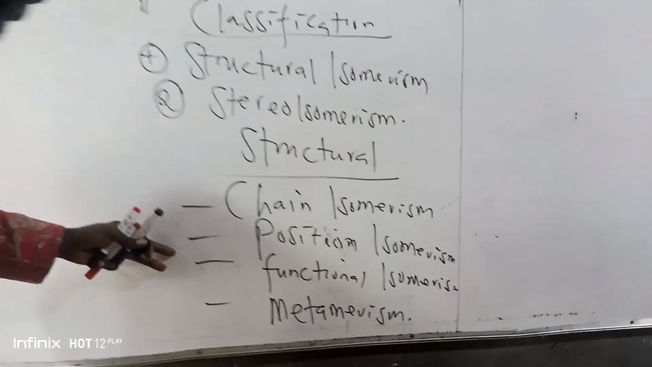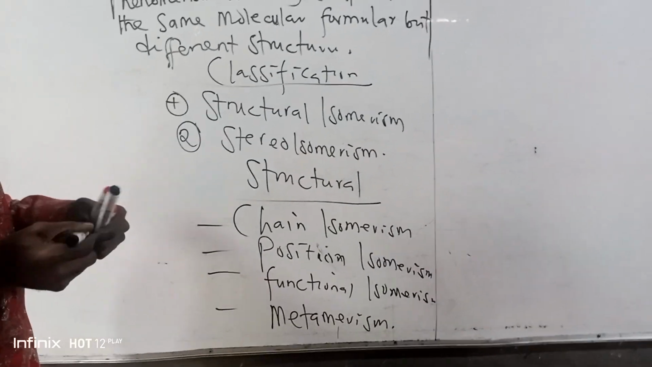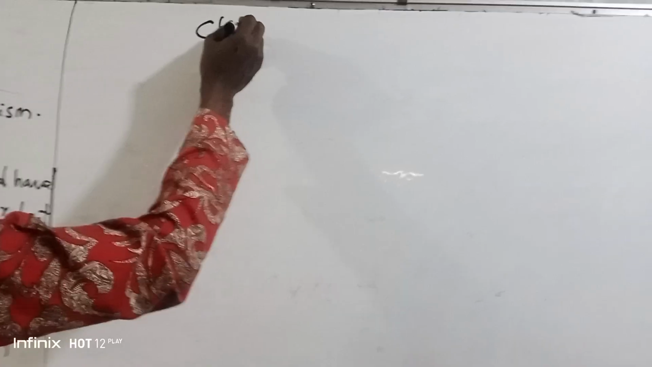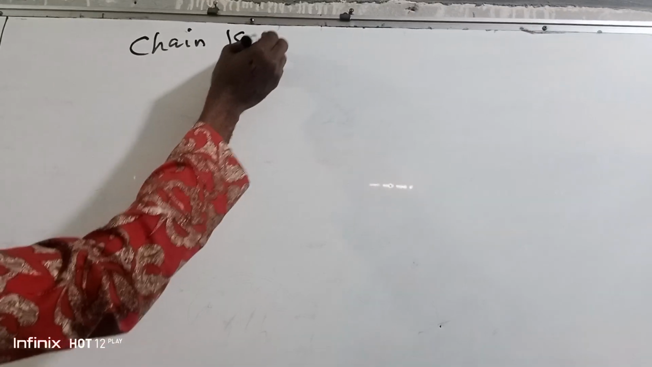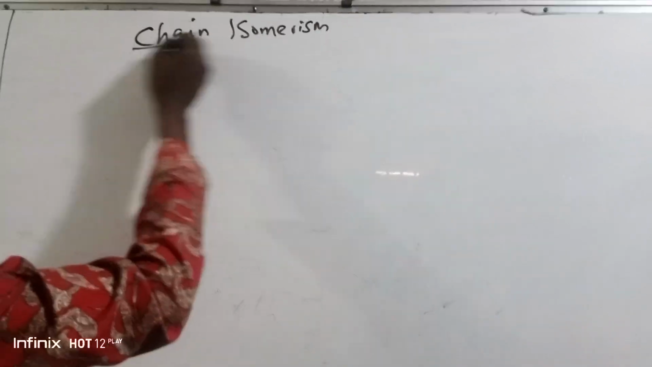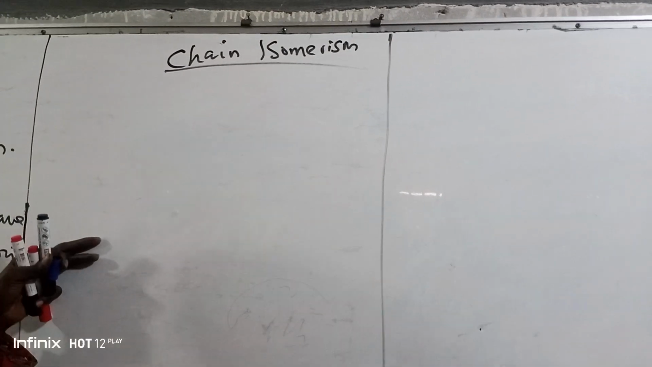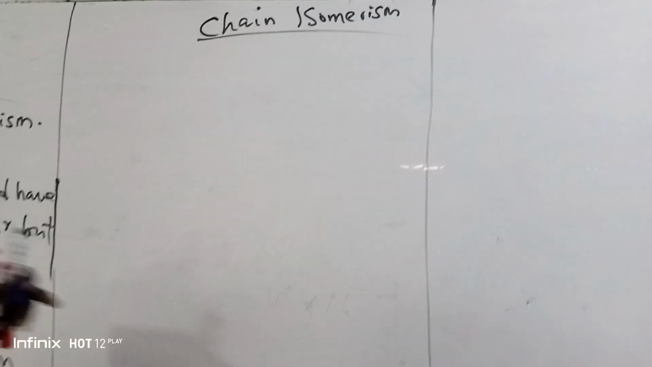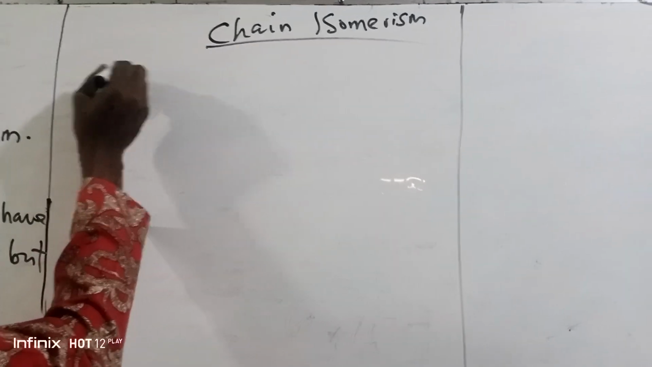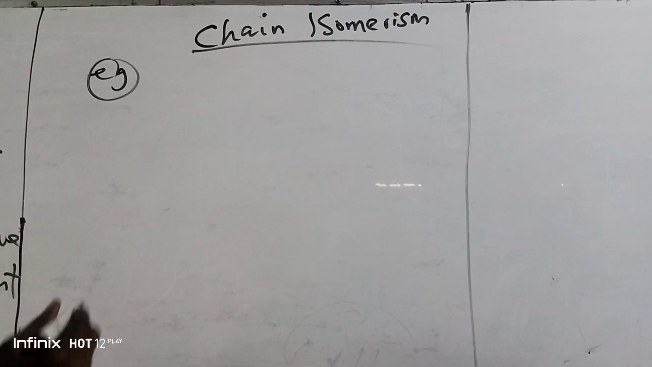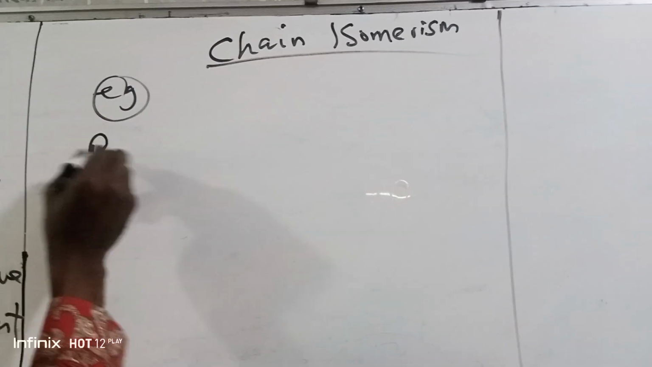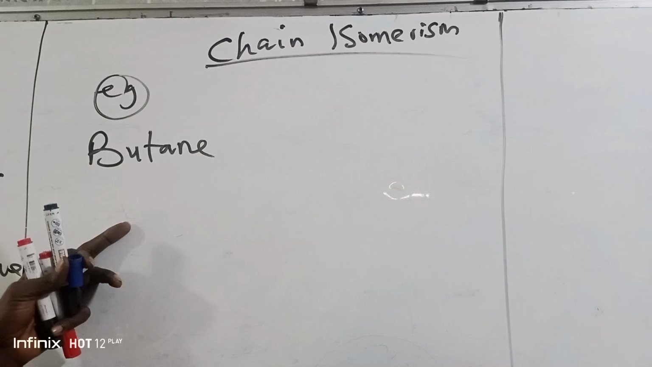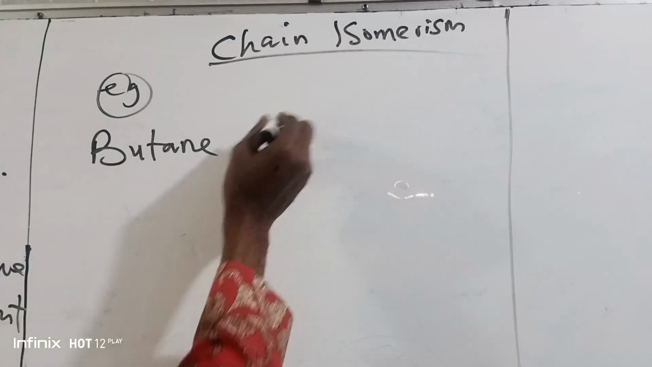Today, let's take a look at chain, position, and functional isomerism quickly. In chain isomerism, we talk about the arrangement of the carbon chain in the molecular structure of the compound. Now let's take an example. Let's take a look at the hydrocarbon called butane. Butane is a hydrocarbon. It belongs to the alkane homologous series, with a molecular formula of